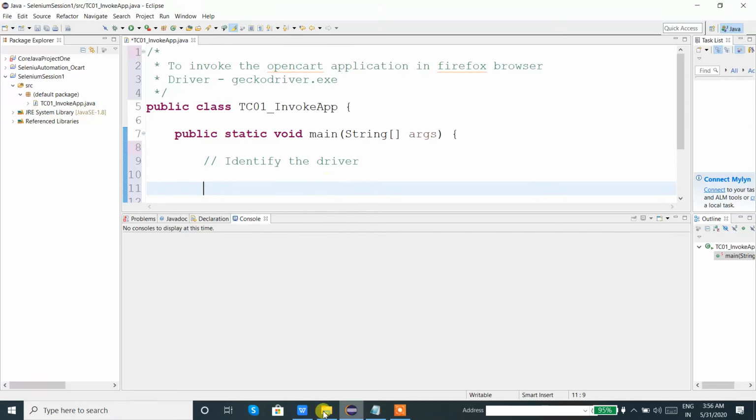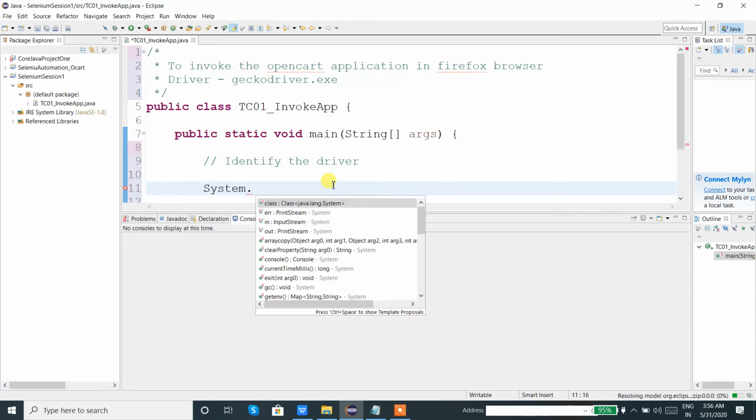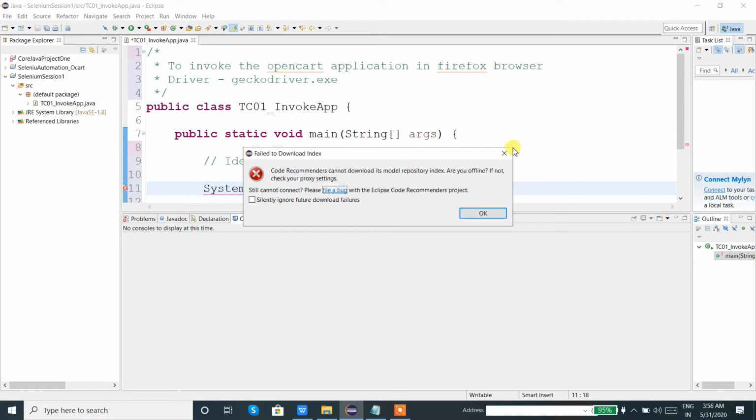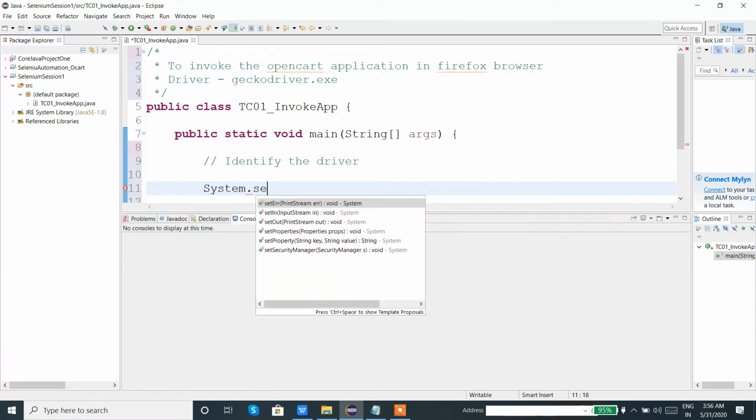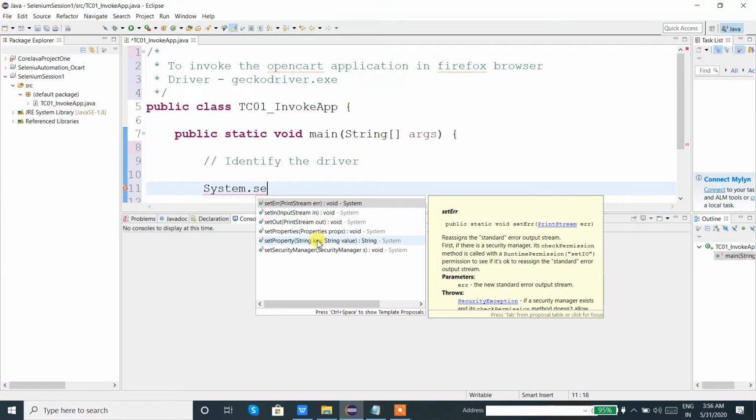To specify the file path in Java, we are using System class, dot setProperty is the method. We can see the method over here. Once again I will do dot setProperty is the method.